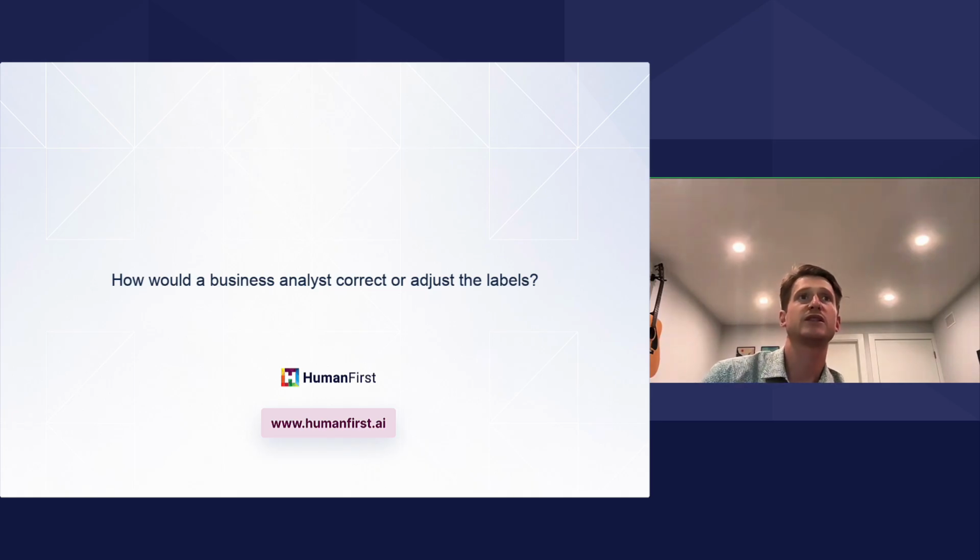What I had shown you previously was this auto label format, where you're able to get to your data set with the auto label. There's a different approach that you can also take within HumanFirst, which is what we'd call divide and conquer, where you can use some of our functionality around clustering and semantic search to identify different groups on a more manual basis.